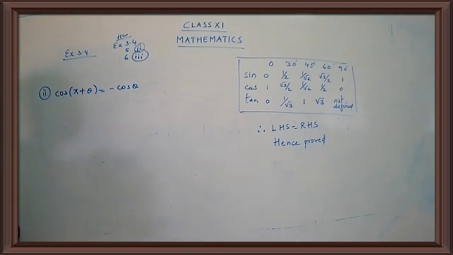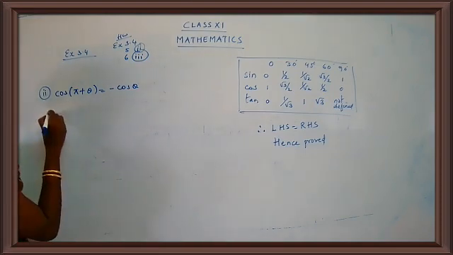Nothing is given, so I can just use any method. I'm going to use two methods. The first one is a formula method, that is, I'm going to use the identity. And the second is I'm going to directly find out from the quadrant. Remember that we have used a quadrant and found the answer for it. So two methods.